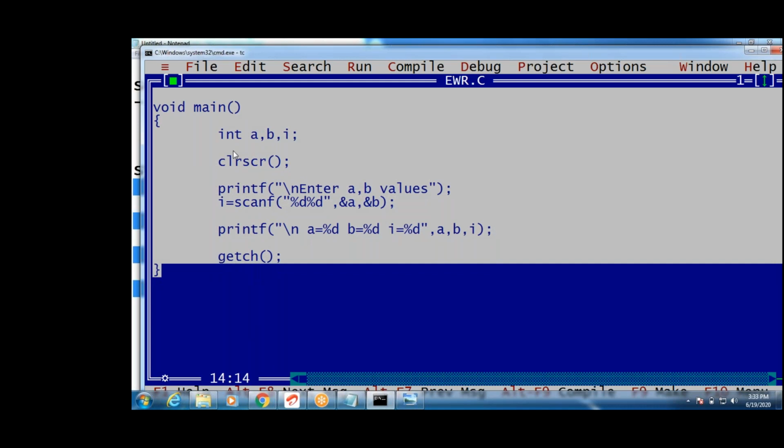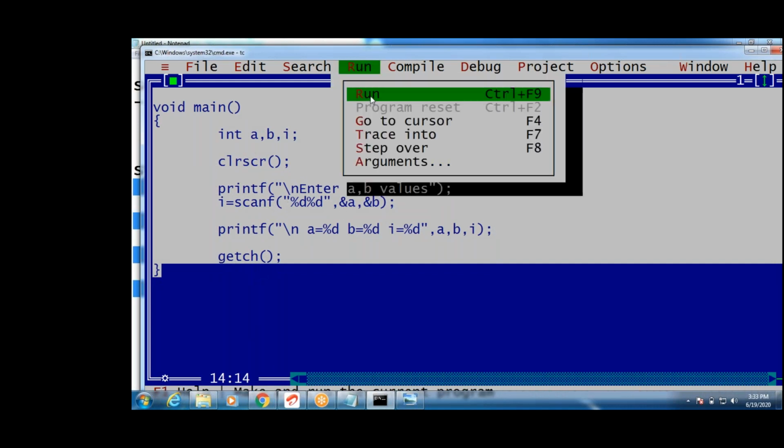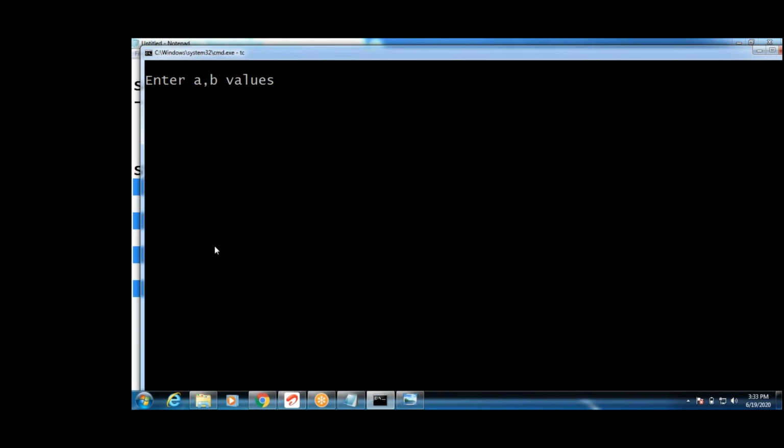Can I enter more than one value, guys? 10, 20, 30. But we stored 2 only. i is 2 because you can enter many numbers, right? First they are stored in the buffer area. From the buffer, the values are shifted to memory locations. This is a, this is b. This is called the buffer area. What is the buffer area? Buffer area means a temporary area.